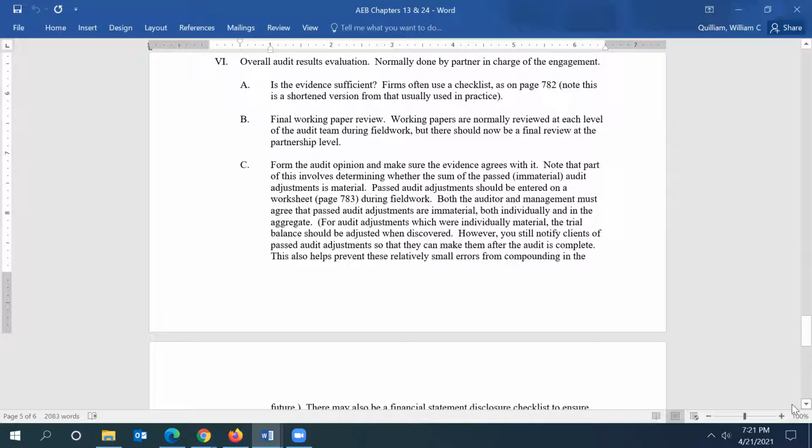Then in C, we'll form the audit opinion. Are the client's financial statements fairly stated in accordance with GAAP or not? And we'll make sure the evidence agrees with that. And we'll note that a part of this involves determining whether the sum of the past or immaterial audit adjustments is material. By the way, when I first started out in auditing, I thought that that was supposed to be P-A-S-T,